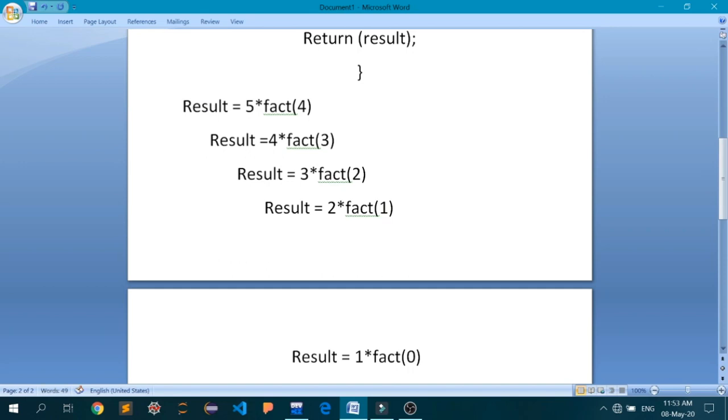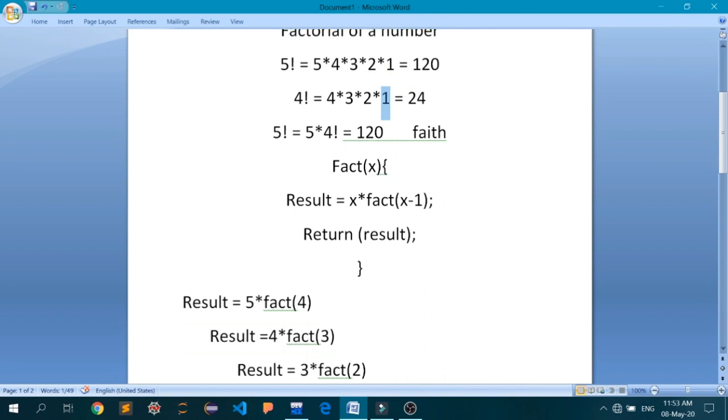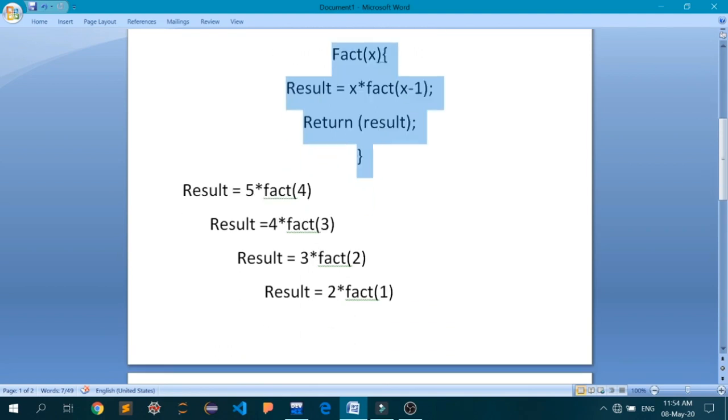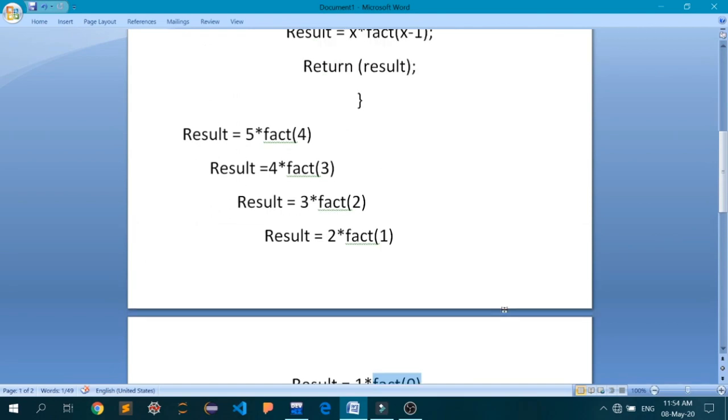Now here we have reached a critical juncture. You know that while calculating the factorial of a number we stop at value 1, but if we try to implement this particular function, it will not stop anywhere. As you can see here, it has not stopped at 1. Now it will calculate the factorial of 0. In the next line it will calculate the factorial of minus 1, and in the next line minus 2, then minus 3, minus 4, minus 5, to minus infinity itself. So it's going into an infinite loop.